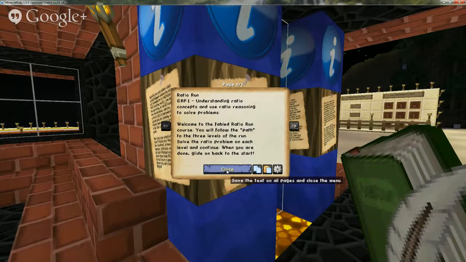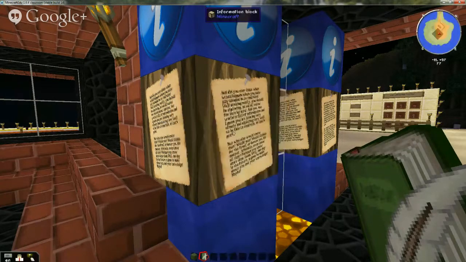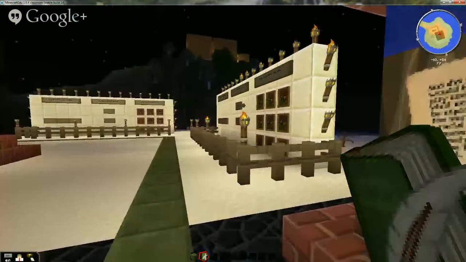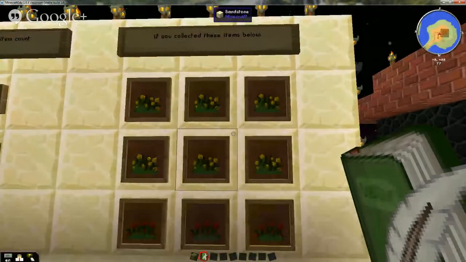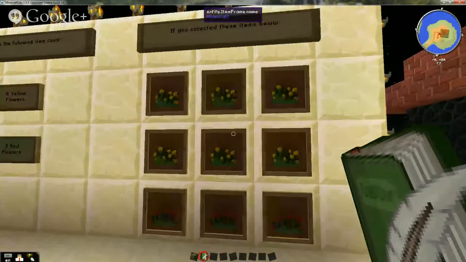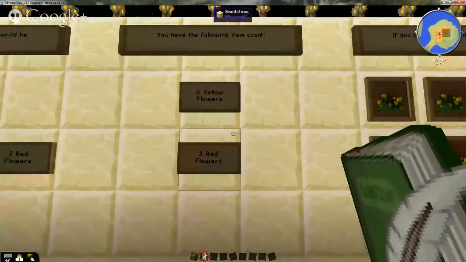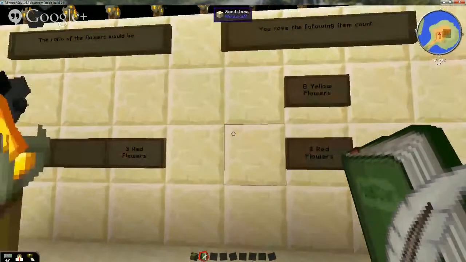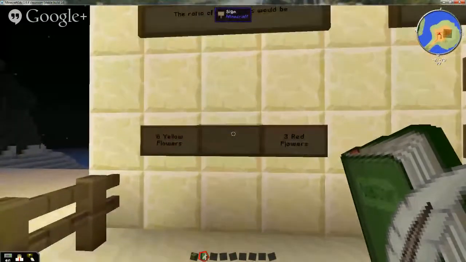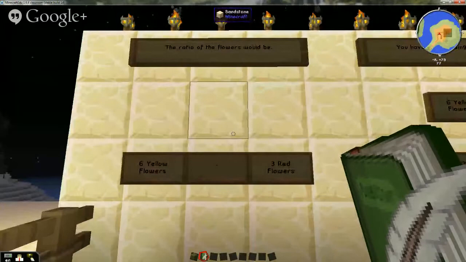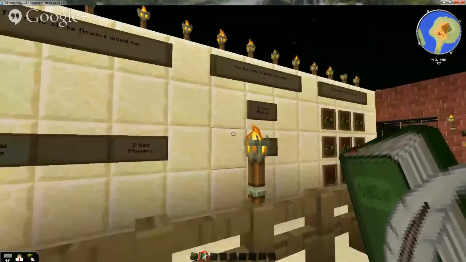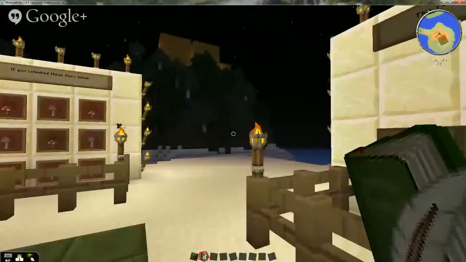I guess it goes to show you just never know what's going to excite them and what's not until you try it. So in this case, we're going over ratios. I tried to model for them. So here's an example. If I collected these items below, and then I document what item counts I have, with a colon in there, you probably can't see it. So 6 yellow flowers to 3 red flowers is what I've collected. Kind of giving them a model.